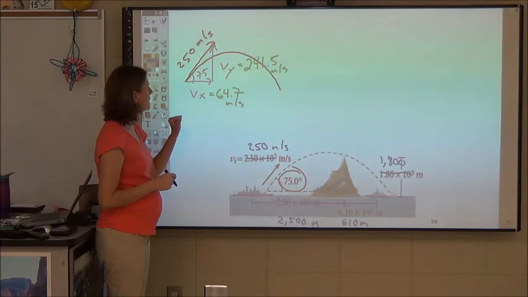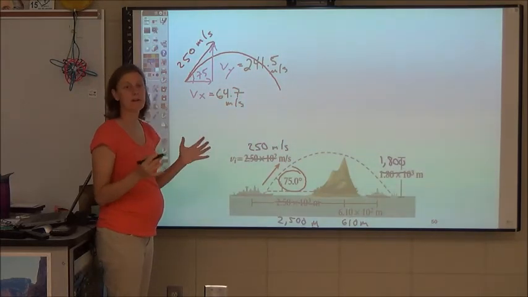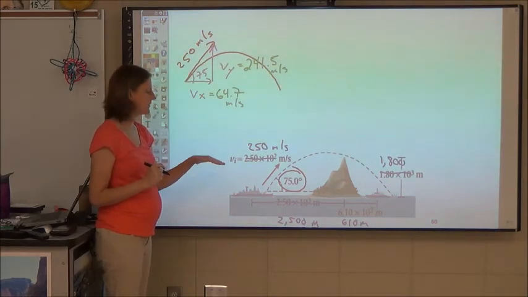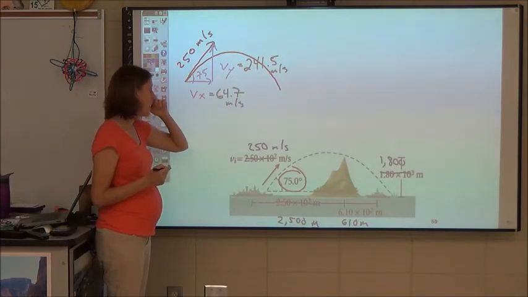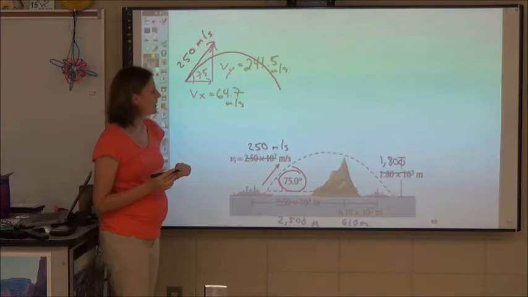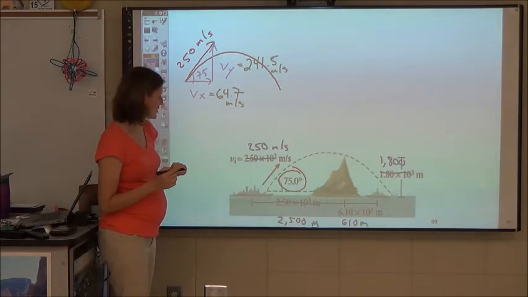Okay, so I found the sides of my triangle. If you are given an angle, again, in a projectile motion problem, that should be the number one first thing you do, find your components. Guaranteed you're going to need to know one of them. Now, I would just list my info. And I wish I'd spaced this a little better, but